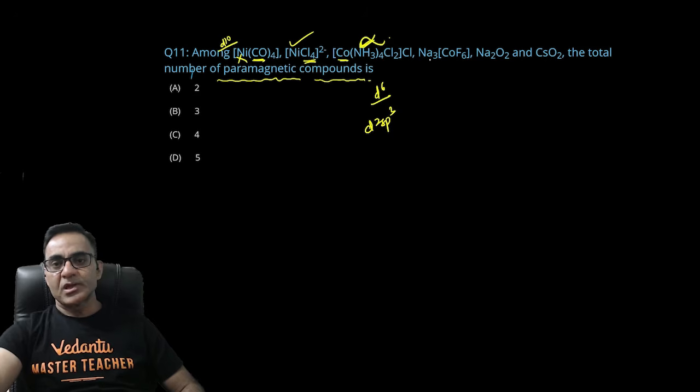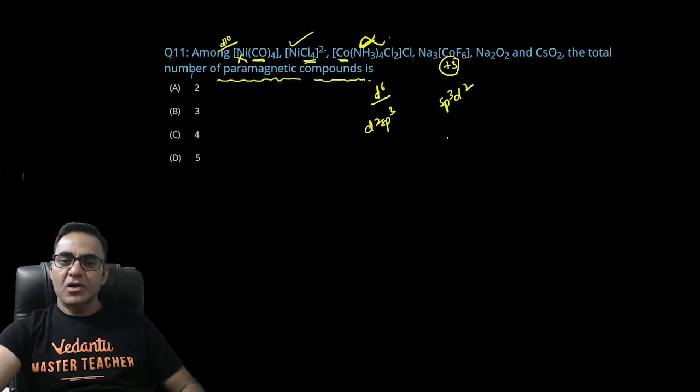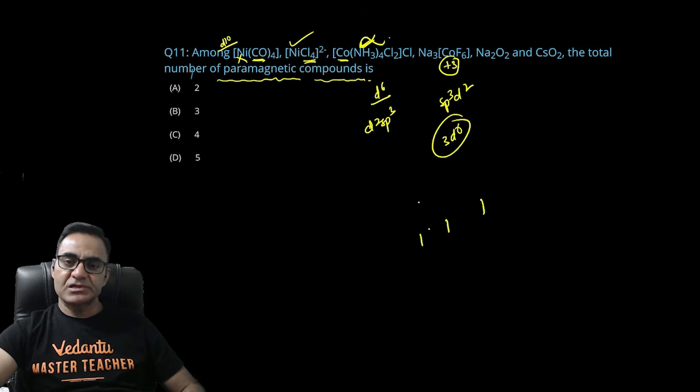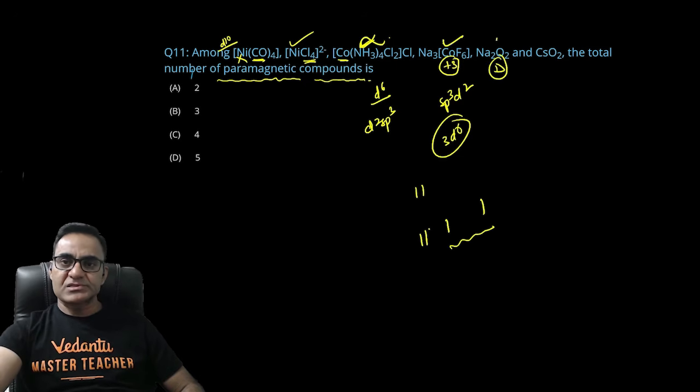आंसर में नहीं आएगा। Na3CoF6 कोबाल्ट यहाँ पे +3 है, बट फ्लोराइड एक वीक फील्ड लिगेंड है कोबाल्ट 3 के लिए, इसलिए ये sp3d2 हाइब्रिडाइजेशन होगा। और अगर मैं 3d के 6 इलेक्ट्रॉन को लिखूंगा तो यहाँ पे पक्का अनपेयर्ड इलेक्ट्रॉन कुछ इस तरह से आएंगे, ये t2g में, ये t2g में चले गए, फिर eg में चले गए, फिर एक इलेक्ट्रॉन यहाँ पे आ गए, 2 इलेक्ट्रॉन अनपेयर्ड बच रहे हैं, तो ये पैरामैग्नेटिक हो गया। पेरोक्साइड डायमैग्नेटिक होता है तो ये आंसर में नहीं आएगा।